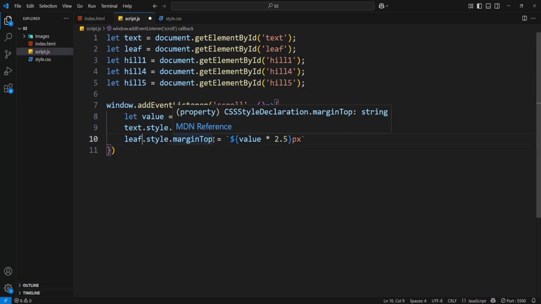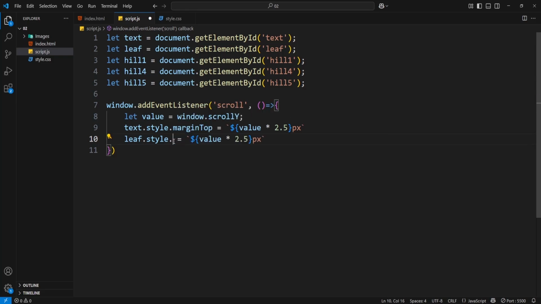So here I'm going to type style.top. After that, I want to multiply with minus 1.5 pixel. Here I want to provide a negative value. So when I scroll down my page, it's going to provide a dynamic negative value to this top property. In the same way, I'm going to duplicate this line, and this time I want to move this leaf element to the left side, left. And here I'm going to pass a positive value,